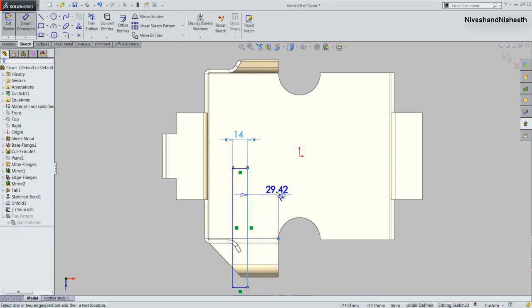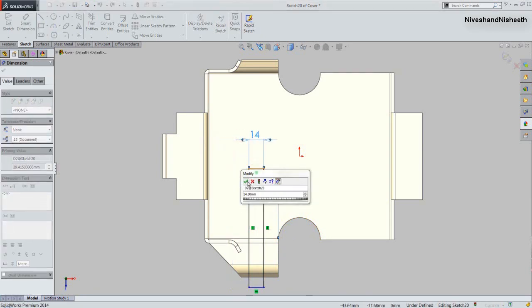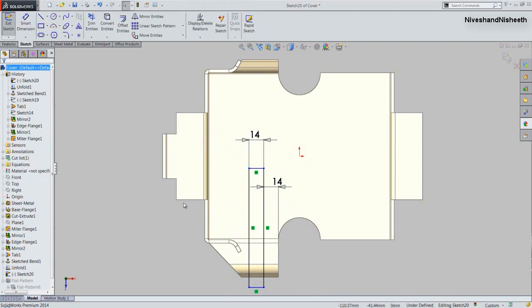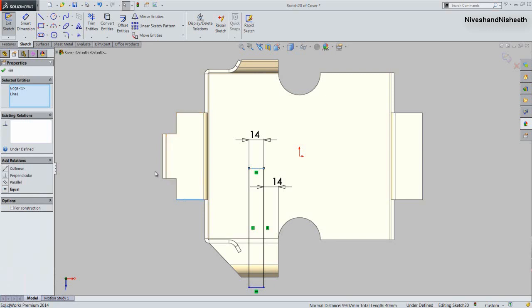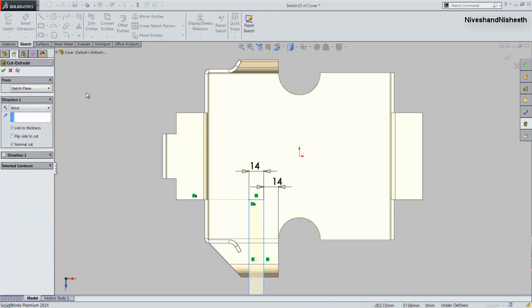And give the dimension on here, it will also keep 14 mm. Now select these two lines and fix the collinear relation between them. OK, finish the sketch. Now select through all option and click OK.